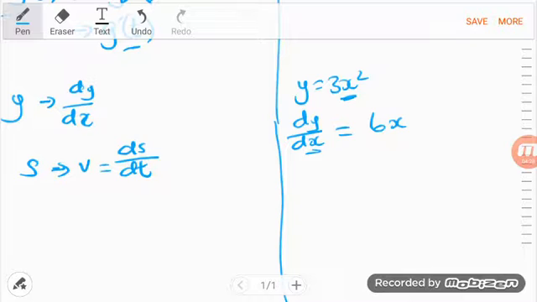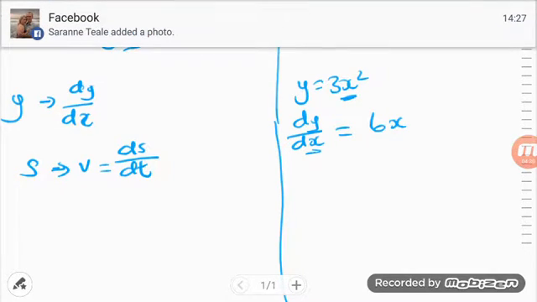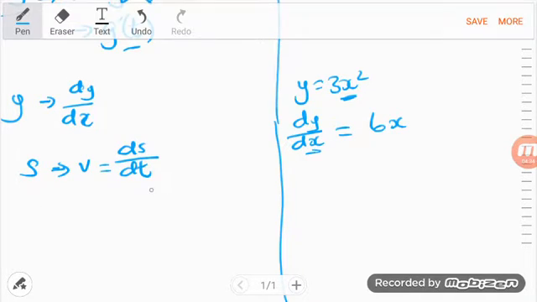And again, when we come to kinematics, you'll find that when we differentiate velocity itself, it would go to acceleration, and so acceleration would be the same as dv dt. Now, because velocity is the same as ds dt, acceleration